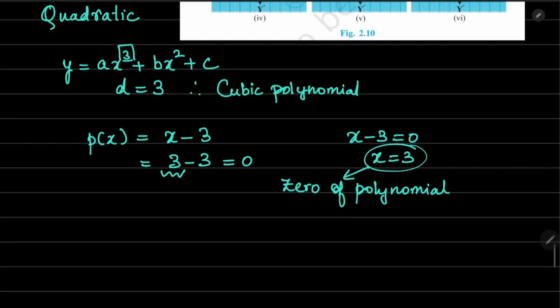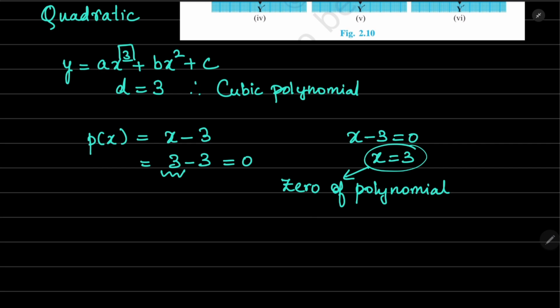Okay. Now, is there any other value of x which, when substituted here in place of x, will give you a 0? No, it is not possible. It is only 3 which, when substituted, will give you a 0 for p of x. So 3 is the only zero of this polynomial. Okay. Now, because the degree is 1,